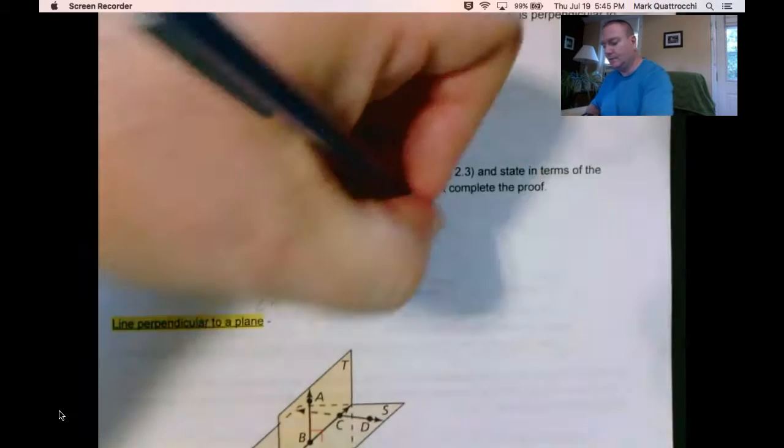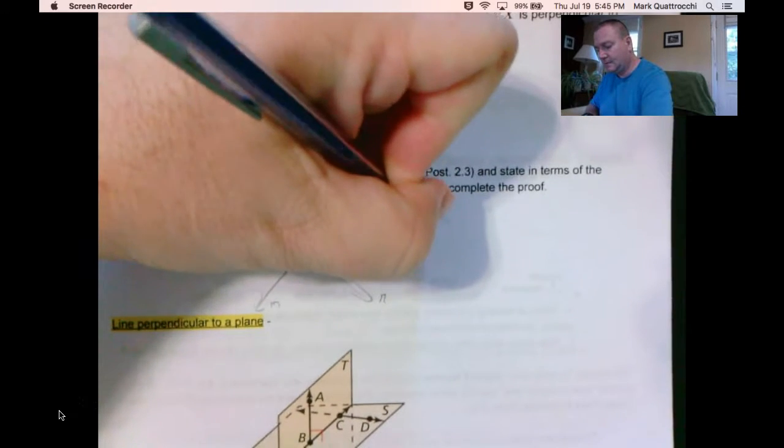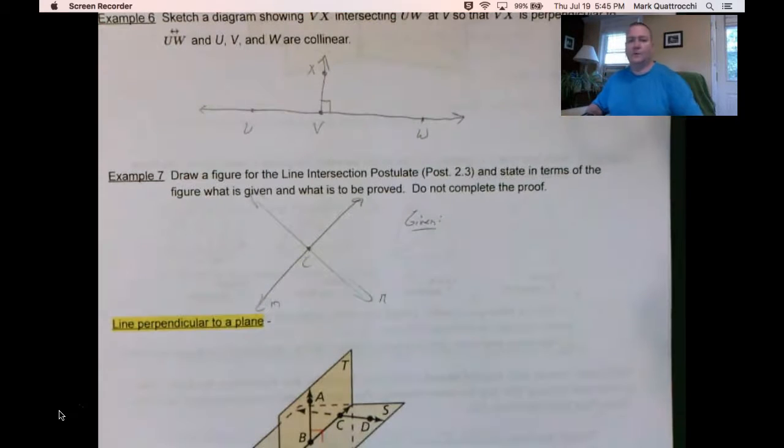And what information would be given? Well, we can't prove postulates. Postulates are accepted statements of fact. They're too basic. But theorems, which are written in the same if-then form as postulates, conditional statements, when we go to prove theorems, the given information is the part following the if, and what we're trying to prove is the part following the then. So the given is the hypothesis and the conclusion is what we're trying to prove.